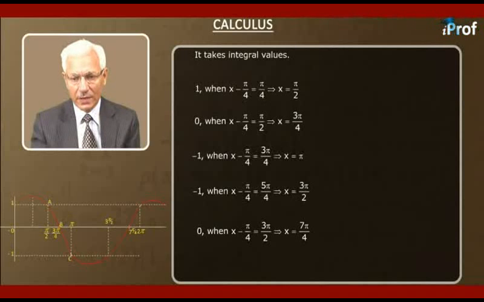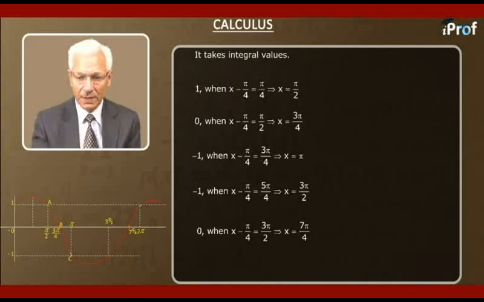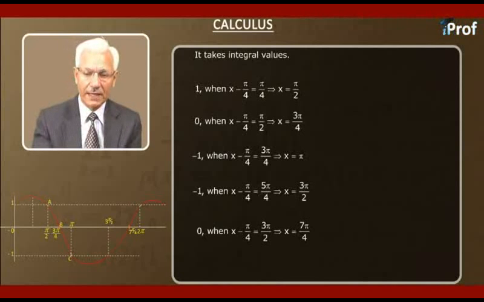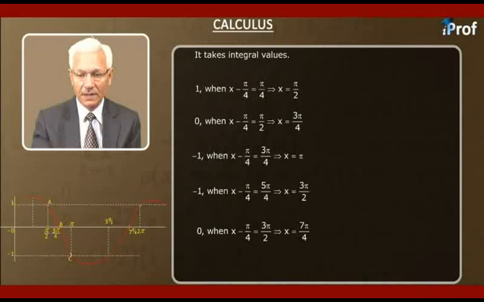It takes integral value 0 when x minus pi by 4 is equal to pi by 2, that is x equal to 3 pi by 4. Minus 1 when x minus pi by 4 is equal to 3 pi by 4, that implies x is equal to pi. Minus 1 again when x minus pi by 4 is equal to 5 pi by 4, that implies x is equal to 3 pi by 2. 0 when x minus pi by 4 is equal to 3 pi by 2, that implies x equal to 7